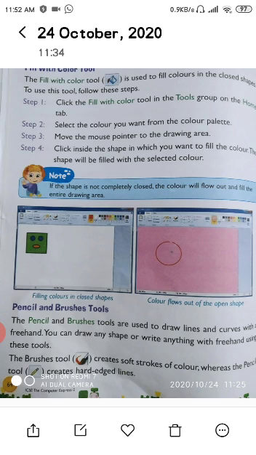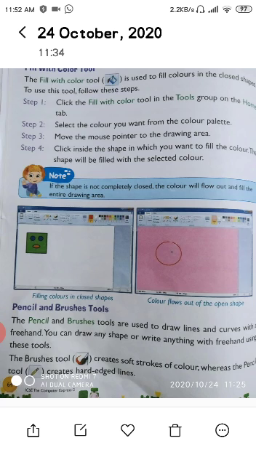And step 3, move the mouse pointer to the drawing area. Come here in the drawing place. And step 4, click inside the shape in which you want to fill the color. The shape will be filled with the selected color. Whenever we click here, the shape is filled with color.